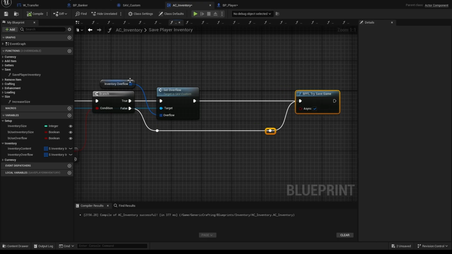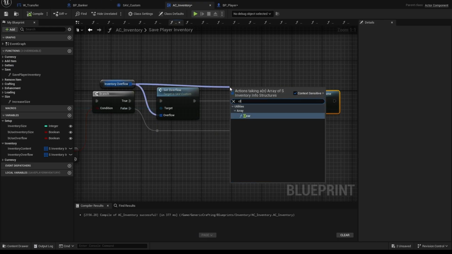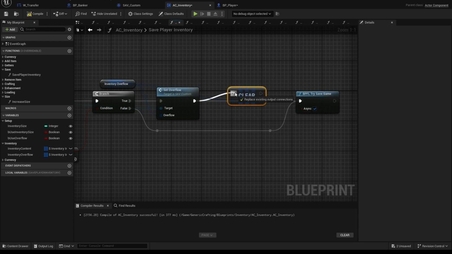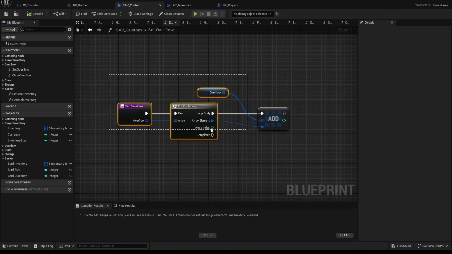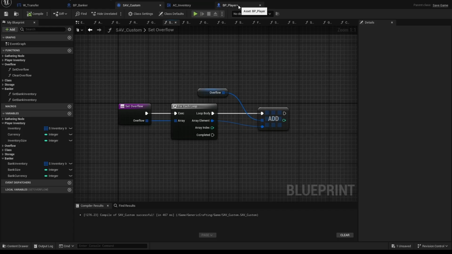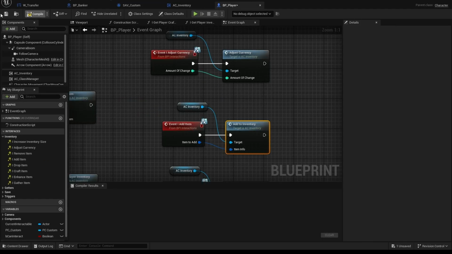So what we actually need to do after that is clear it. Because if we don't clear it here, then the inventory overflow in our player's inventory component is going to continue adding items on. So if we were to set the overflow here in the save, well, now we have the overflow added into the save. So even though we don't load the overflow back into the player,